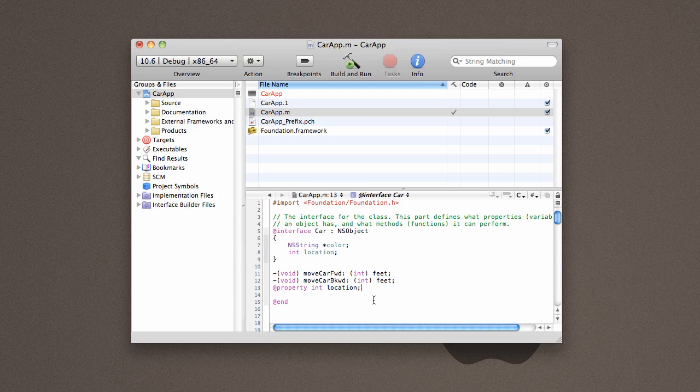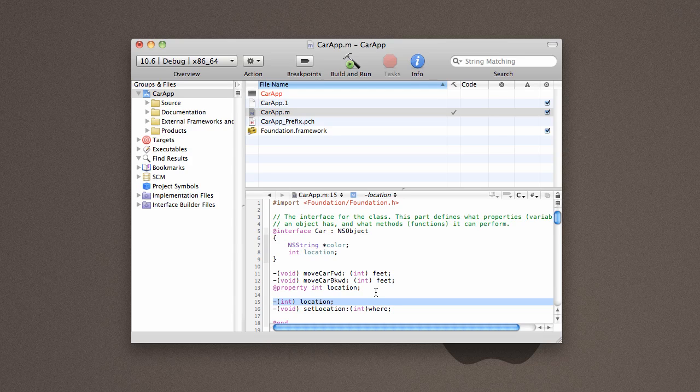Now, what a preprocessor directive does is it actually says when you go up and you hit this build and run button, I want you to go through and replace this with a certain piece of code. In our case, what we're doing is having the compiler generate this code right here. Just like that. Now, the problem that you've got to keep in mind with this is that you'll notice